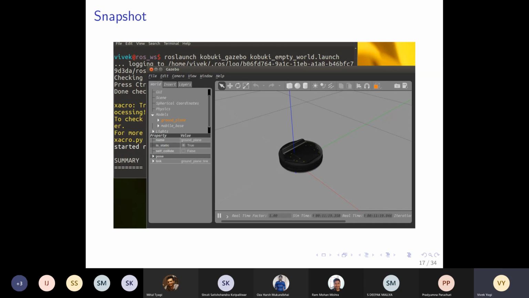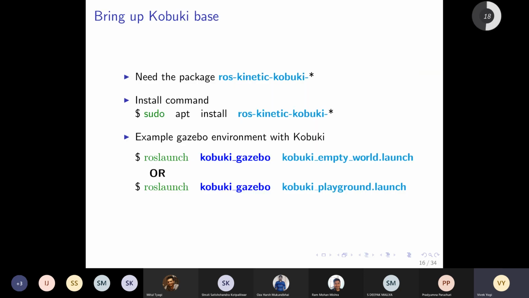Earlier we had to open Gazebo, now we don't even have to open Gazebo. We are just calling this file which is packaged inside the kobuki_gazebo package. And how did we get it? From this install, ros-kinetic-kobuki-star. It has these pre-configured examples, and we are just running this example, kobuki empty world.